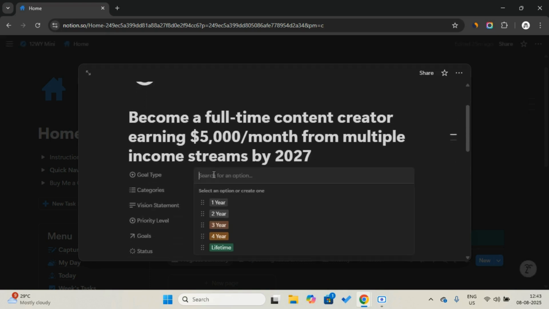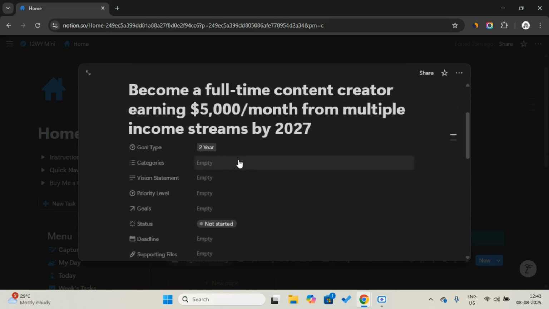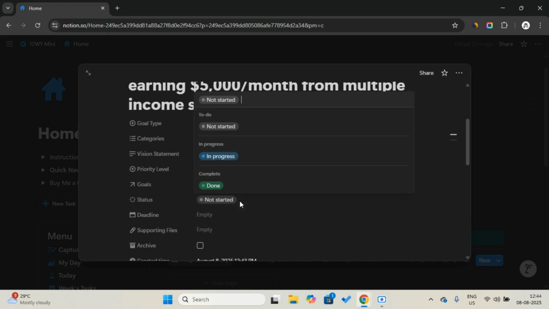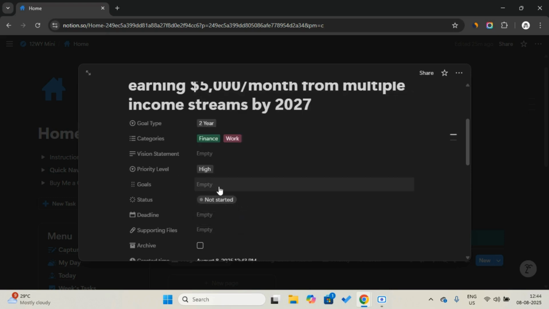For the goal category, you can categorize that, you can set finance. And then you can add a vision statement here, priority level, I'll set it high, and you can also add a goal here.